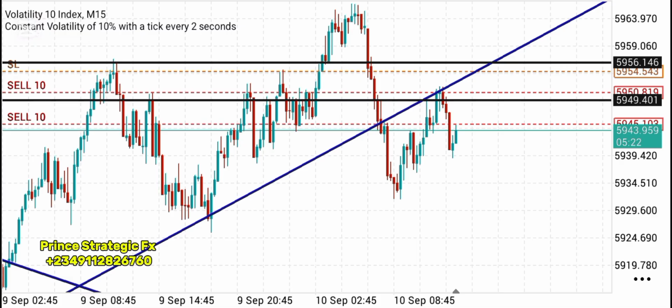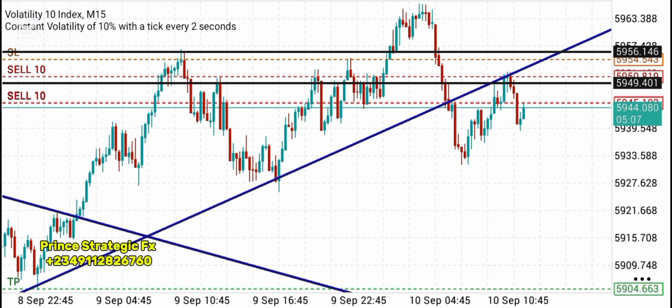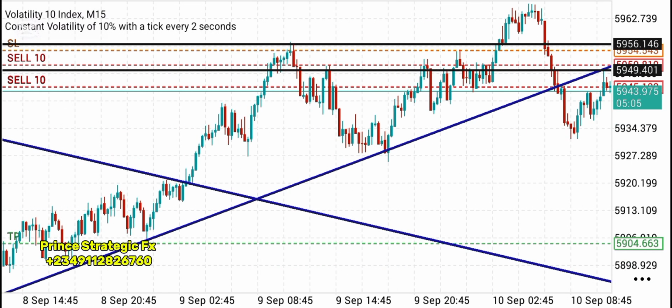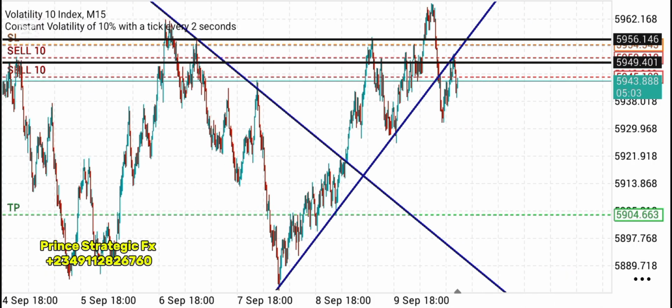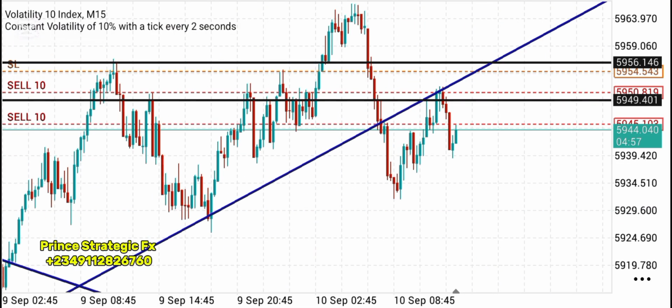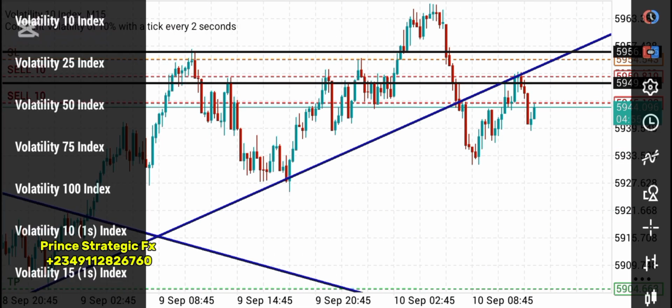Now I set my stop loss above, I just went a little bit above it, and this was exactly what the trade is doing currently, right? This is everything about the trade right now, as you can see. So this is where I'm expecting it to come. If I zoom in, you're going to see, right? This is exactly where I'm expecting it to come. So that's exactly what this trade is doing. But we are not going to stop here, right? I'm going to show you exactly what